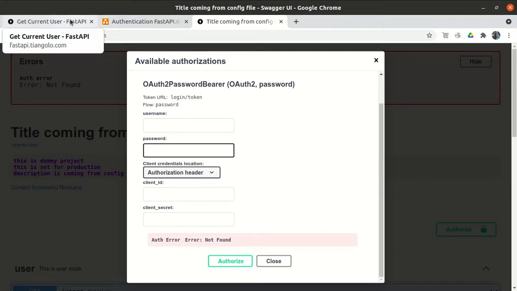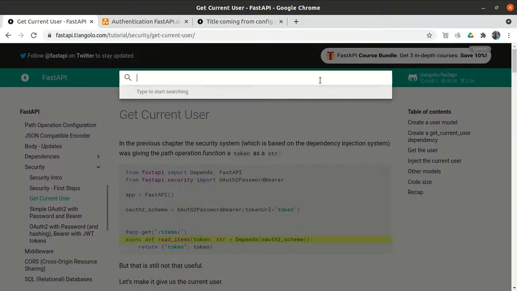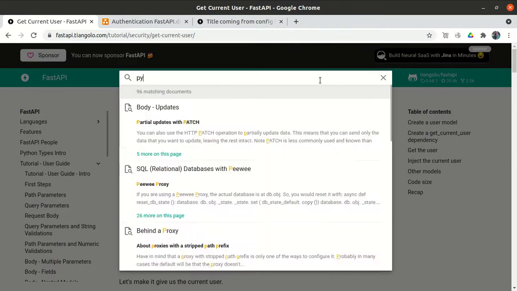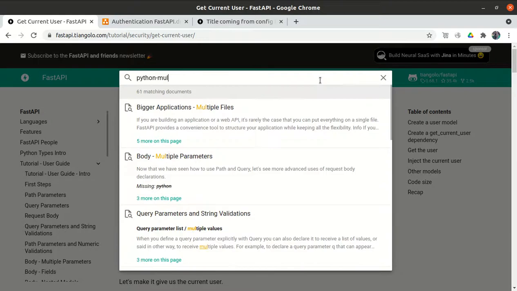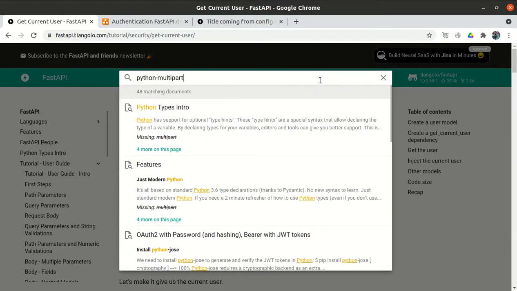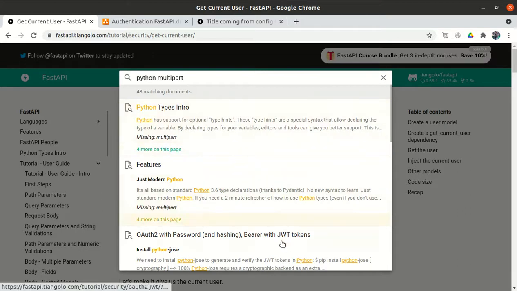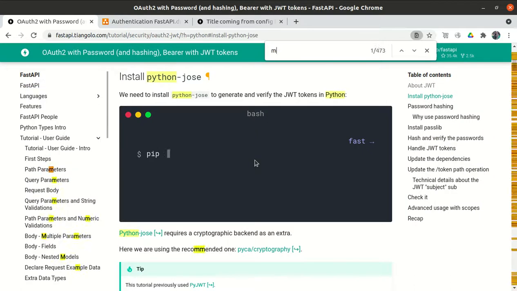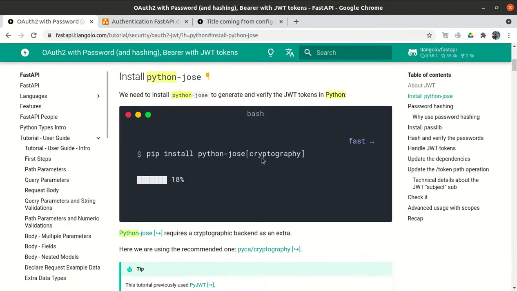So let me show you, even in the Python multipart. Somewhere it is mentioned in the document itself, but I forget where.